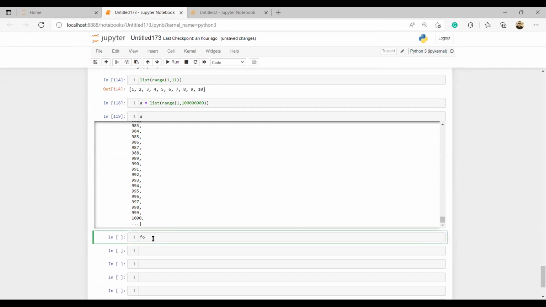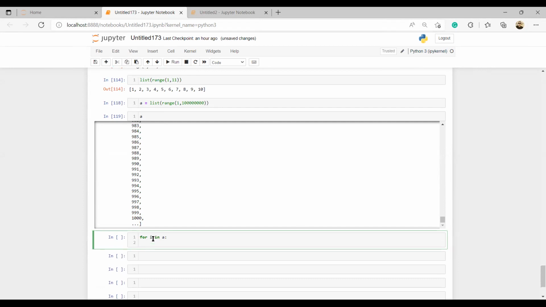I'll say for i, but I don't want to scare you guys for now. But you can do a for loop. I can now say print, let's say, I want to now square each value inside. That means I will go to each one from 1, square it, 2, square it, 3, square it, to all the others. So it will now run everything down.